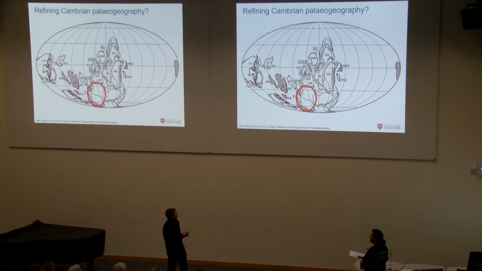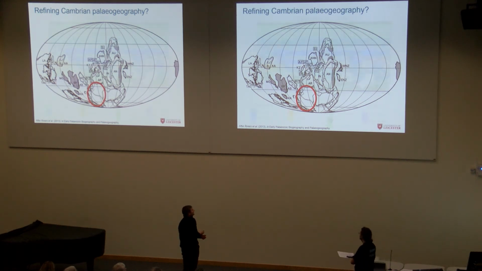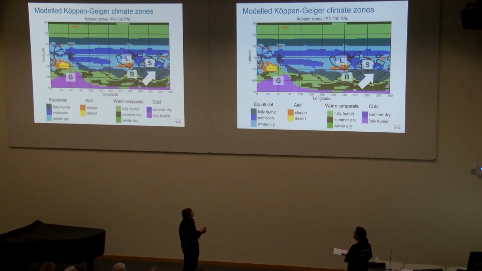And under such a model, they suggest that North Africa was, rather than sitting across the South Pole, in fact 30 or so degrees further north. And when we look at this in our climate zone maps, we find that it puts us right into this sort of humid equatorial region. So such a relatively small rotation of Gondwana could account for these, rather than a fundamental rethink of Cambrian paleocontinental reconstructions. And with that,